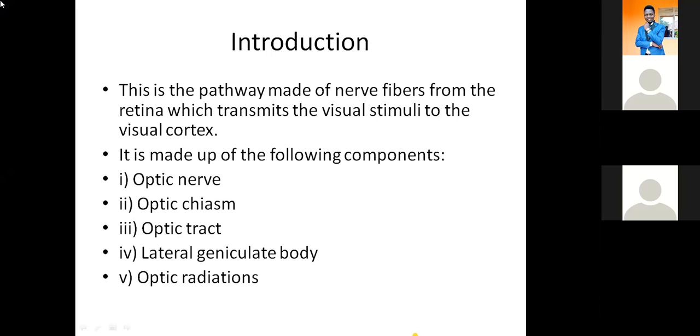So the visual pathway is a pathway of nerve fibers from the retina which will transmit the visual stimuli to the brain, and is made of the optic nerve, optic chiasm, optic tract and optic radiation. The objective is to describe the anatomy of the visual pathway. We also want to describe the optic nerve, that is the visual field, and